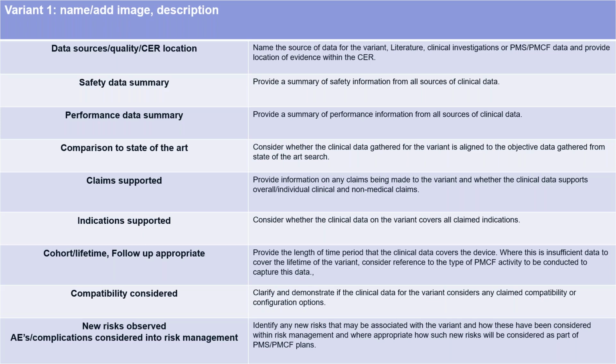And of course, certain variants might have certain risks. Maybe the bigger the variant, maybe there's an increased risk. If I think of coronary stents, certainly the bigger they get in terms of length, then there's clinical data that suggests that there is an increased risk of thrombosis. So really, you might want to think about how that reflects any new risks observed, or is there any emerging or potentially additional increase in risk for that variant.